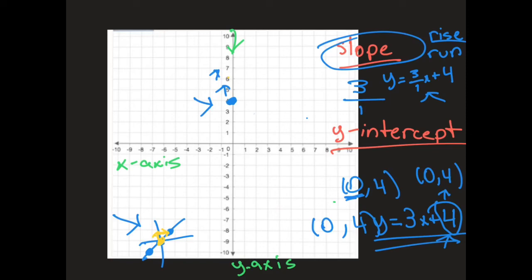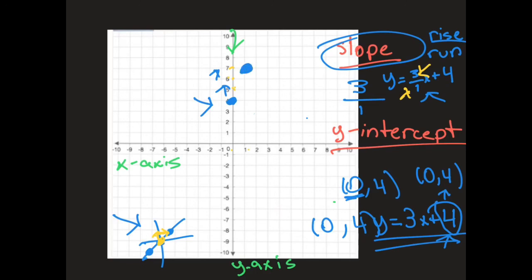So since we know the slope is 3 over 1, which is 3, but we converted it to a fraction, we know that in this case, with this equation, the 3 is the rise and the 1 is the run. So within each point, a line is going to rise 3 and go over 1. So let's graph our first point. Using the y-intercept, which we know is the point of our line, this point is going to rise 3, so 1, 2, 3, and it's going to run 1.